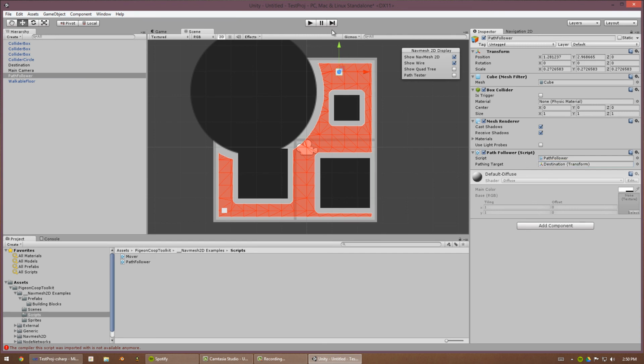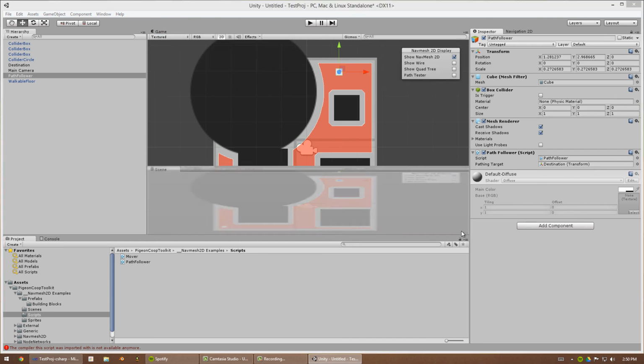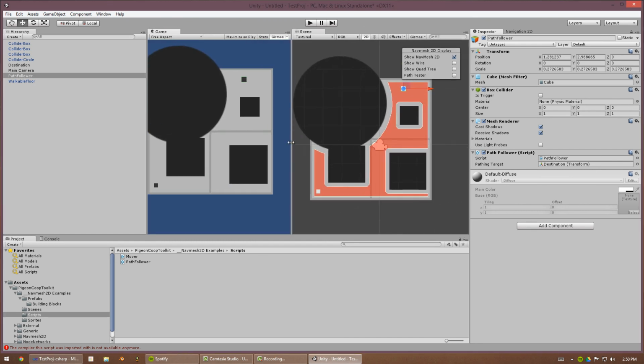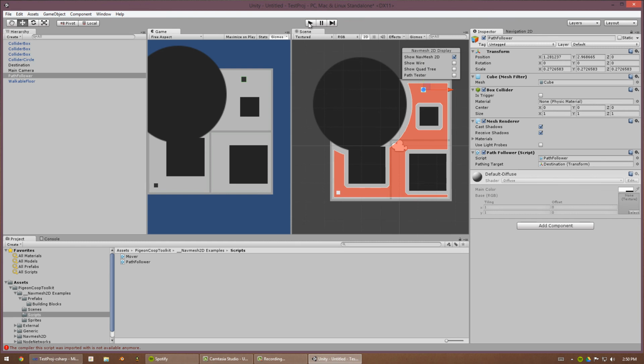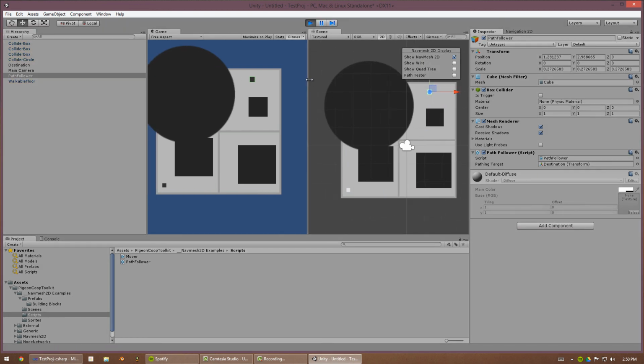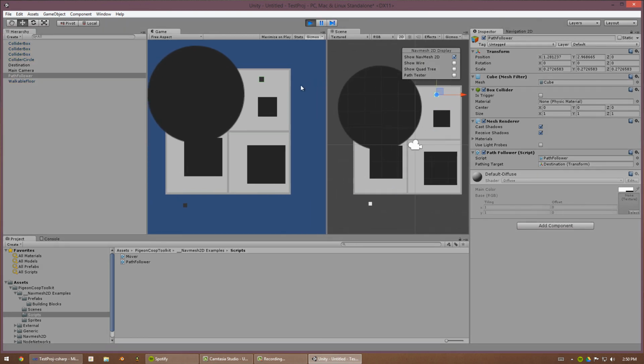Okay, and that's it. So now we press. We'll put the scene view over here as well, so we can see what's happening. Press play. So what you can do is you can move the pathing target with WASD. Okay, and press E to path to that target. Okay, that's all there is to it. You can use this code in your game as well, but